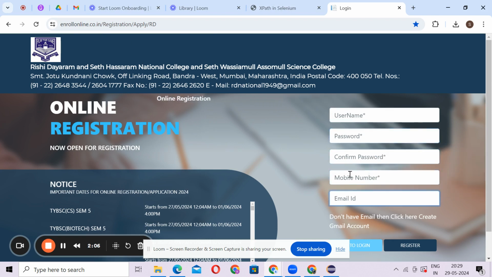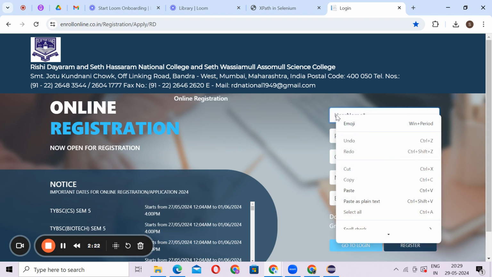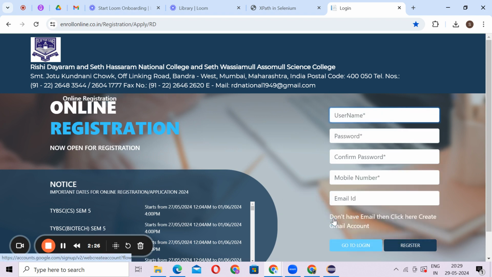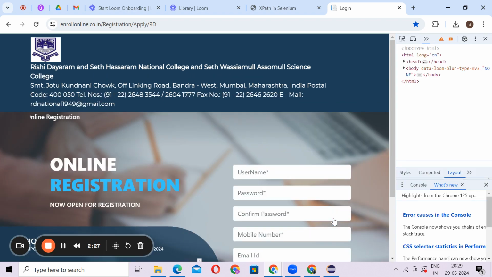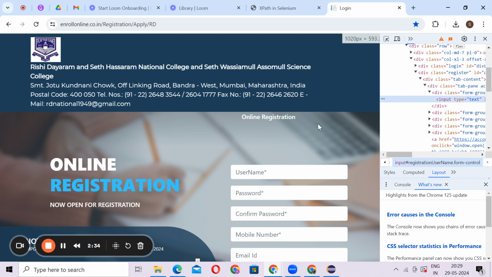Here as you can see we have 5 text fields, and here we have 2 buttons: go to login and register button. Now if I want to locate this text field, how will we do that? Just come to this page, right-click on this field, and click on inspect. As you click on inspect, this DOM will open.